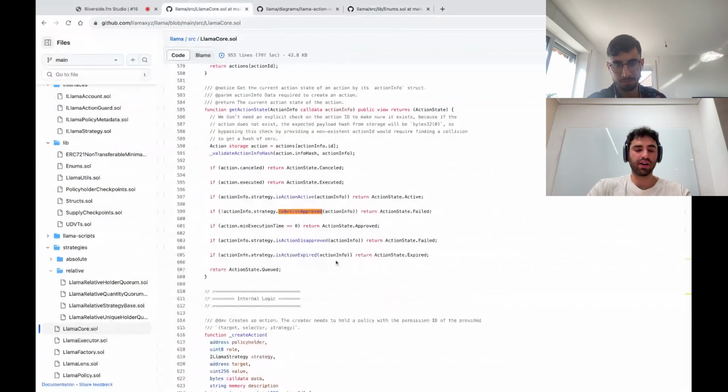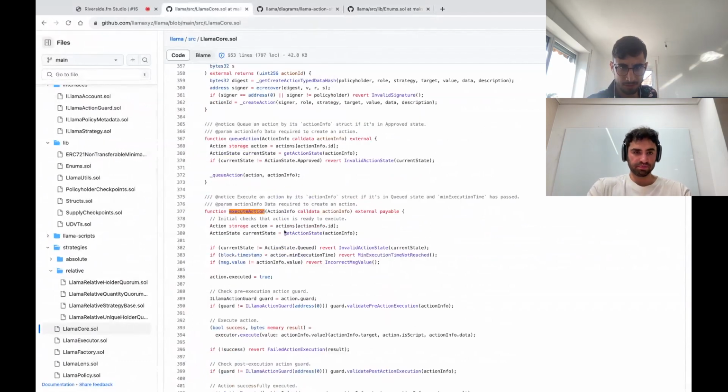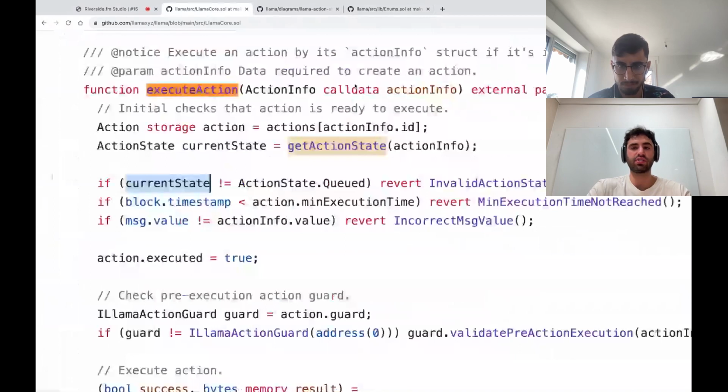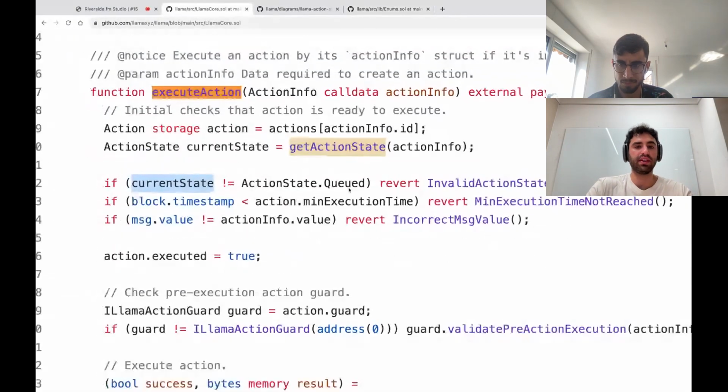If you go back to the core, and I know I'm jumping around a bit, but if you go to the execute action function, you can see that there are checks. We use that get action state function, and the current state has to be queued, or else you can't execute the function. If you look at these action states, the core knows about that. But what the strategy does is determine how those state transitions pass.